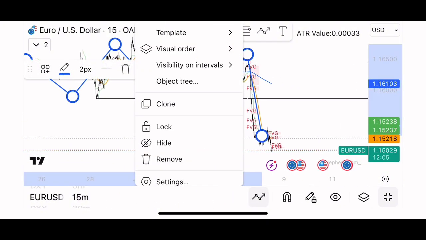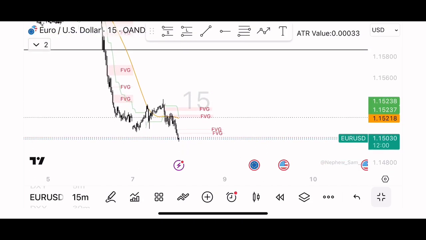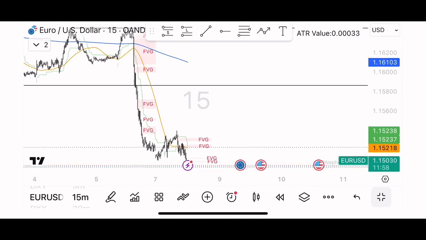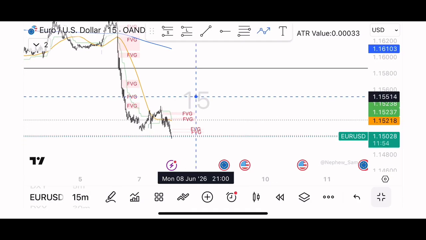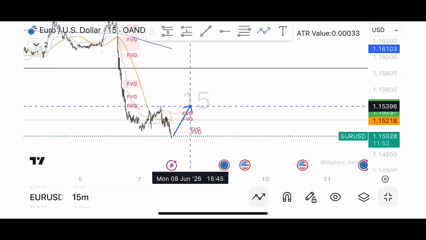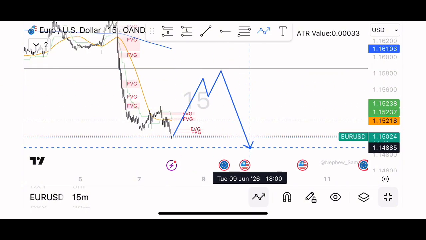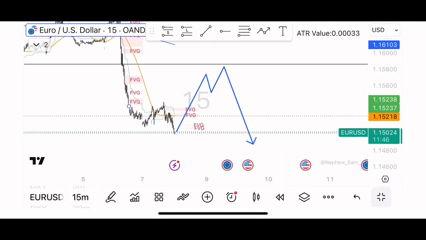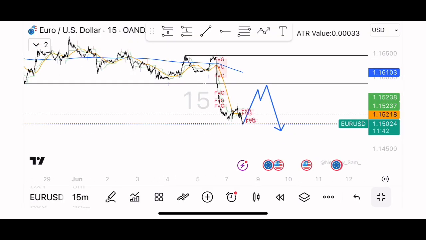For those that don't know, NFP is a non-farm payroll news, like high impact news that actually pushes the market with high volume, and I don't trade such news. So right here, what I was expecting for today was just a retracement back towards the 500 EMA, then to continue the trend down. So it's what I'll be looking at these coming few days,